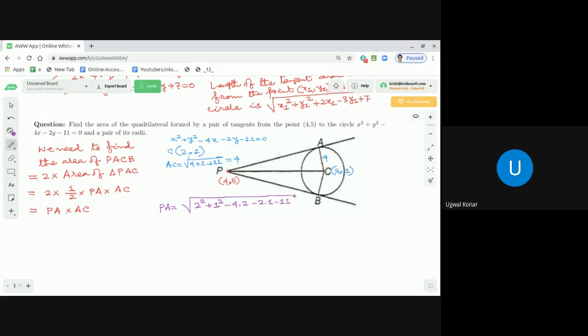Let me write properly, dear students. In the digital board, sometimes I face difficulty. That implies PA is equal to square root of